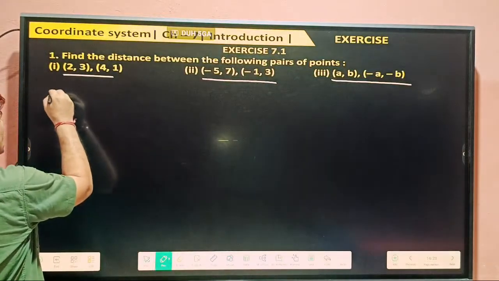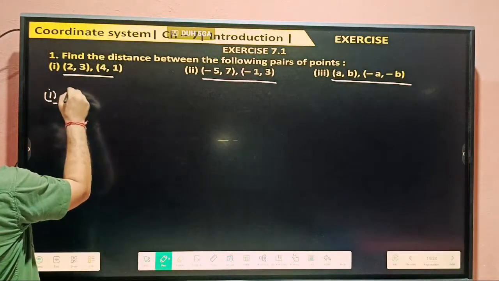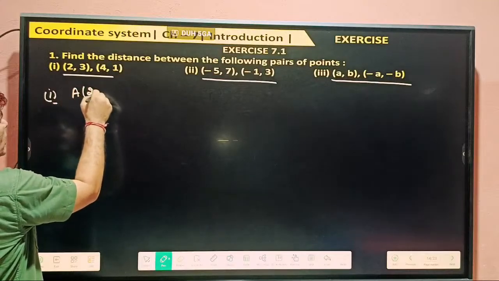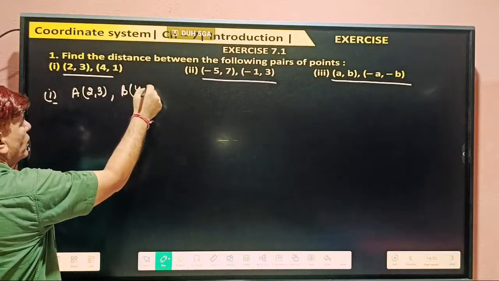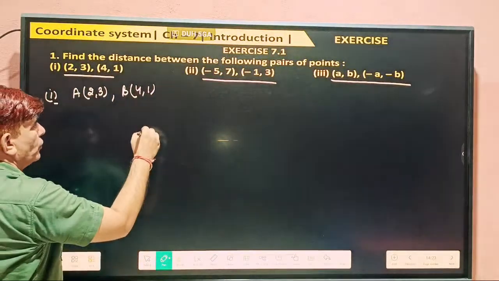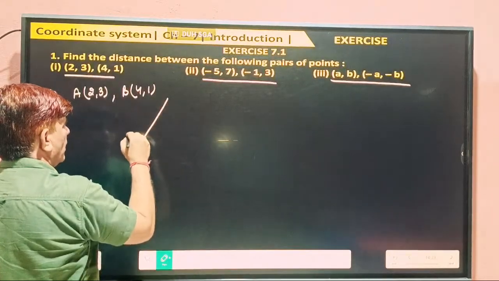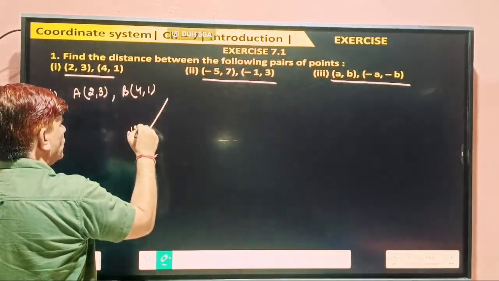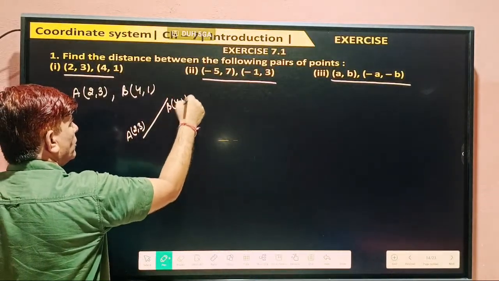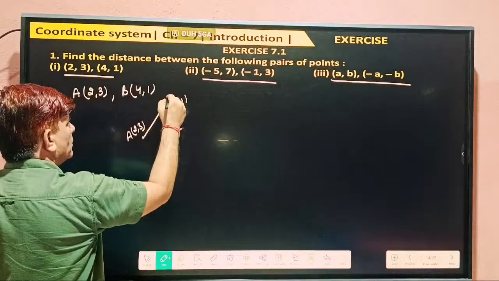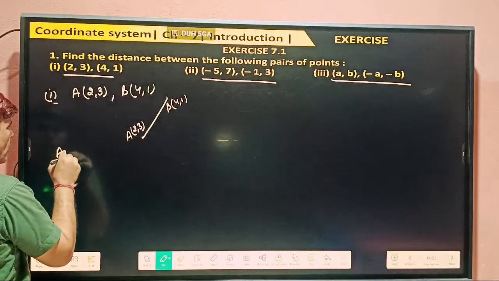So we can say this is the first part. A is a point whose coordinates are 2, 3. And this is the point B whose coordinates are 4 and 1. And the distance between them we have to find out. So this is A whose coordinates are 2, 3, and B whose coordinates are 4 and 1. These points. So AB